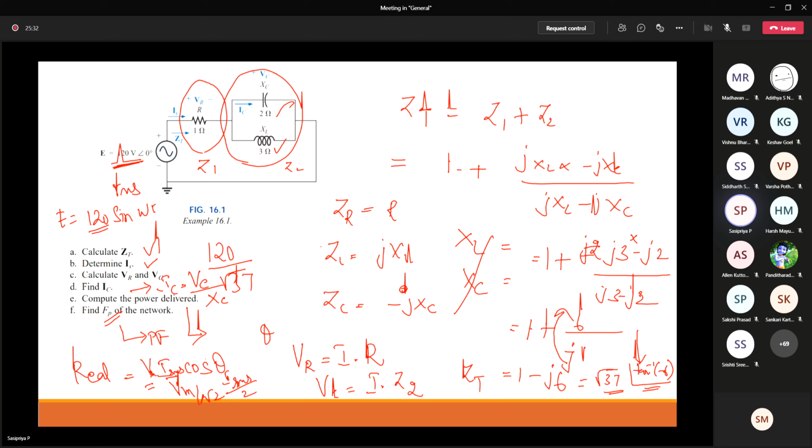Okay, so now the apparent power and the reactive power are just power terminologies. If they ask explicitly, then we can calculate them. So now when they ask to compute the power delivered to the load, that's nothing but the real power.